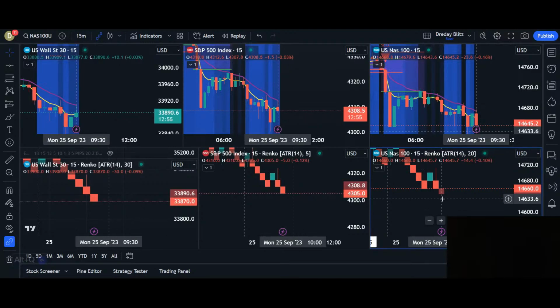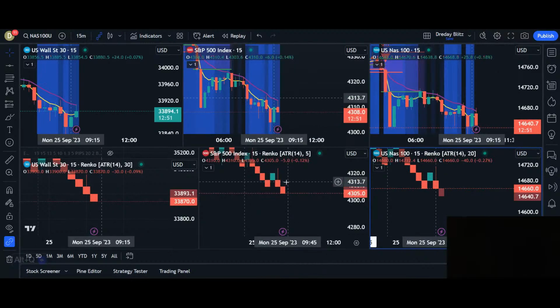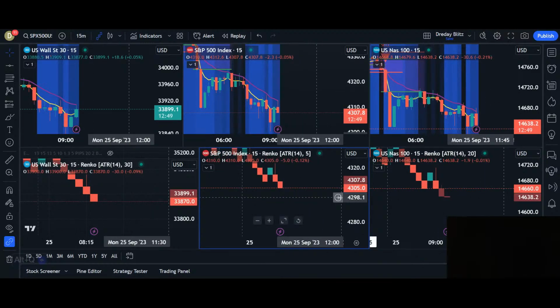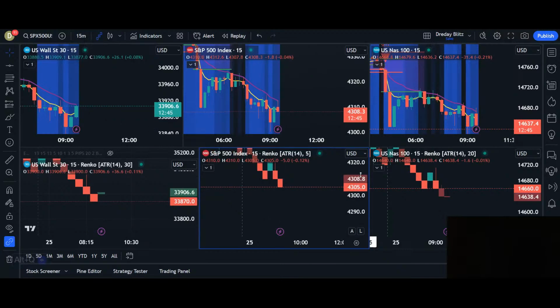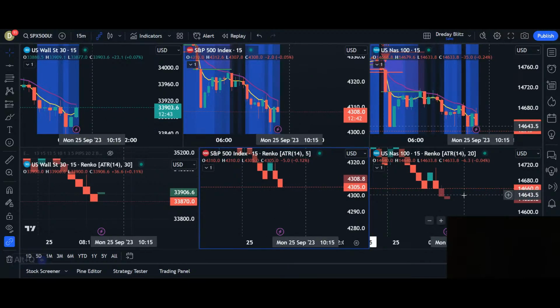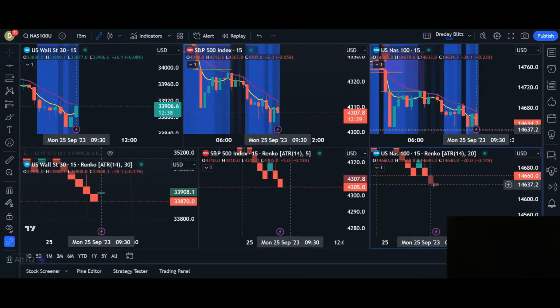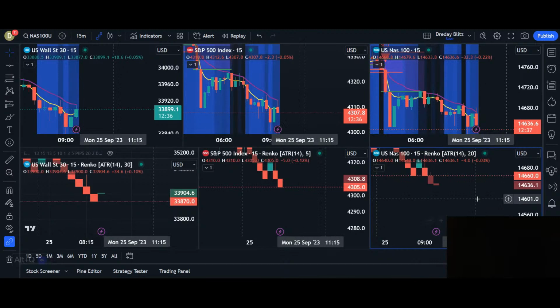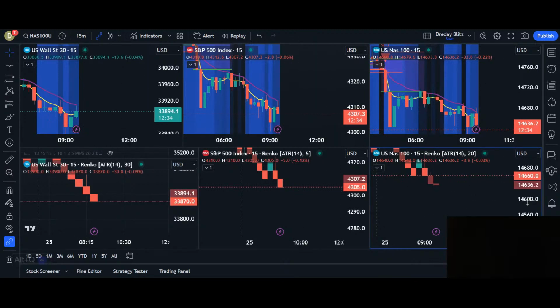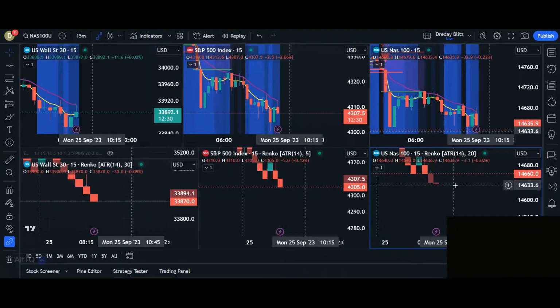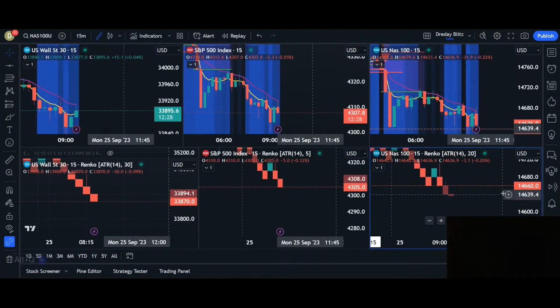It's not fully created, so it's being plotted. Even here you see there's a second Renko that is being created, but it's still grayed out. That means that there's really no decision in the market yet stating that there's a reversal